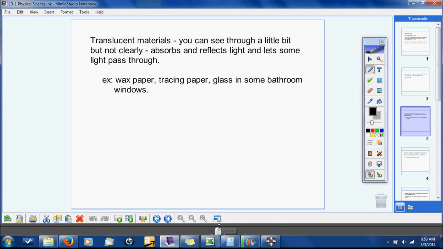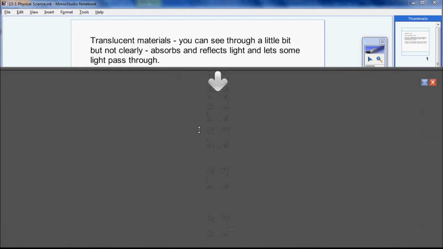The next type of material we will talk about are translucent materials. Translucent. You can see through a little bit, but not really very clearly. Something that's translucent will absorb and reflect some light, but it's also going to let some of it go through. Okay,